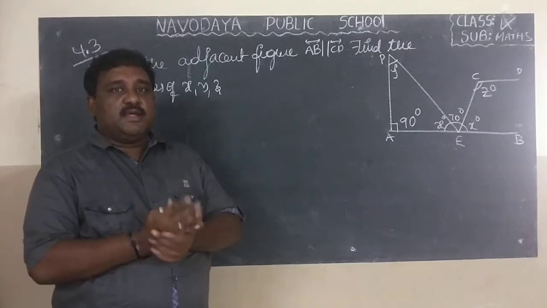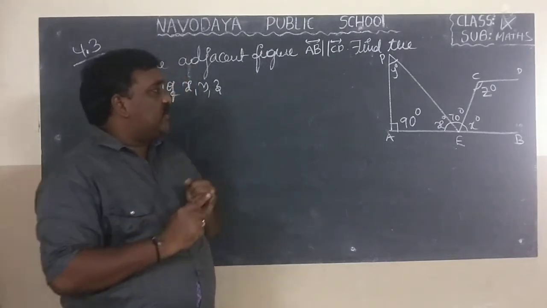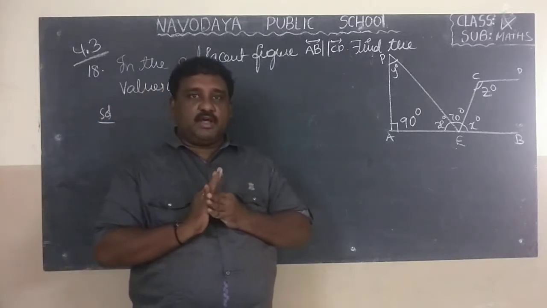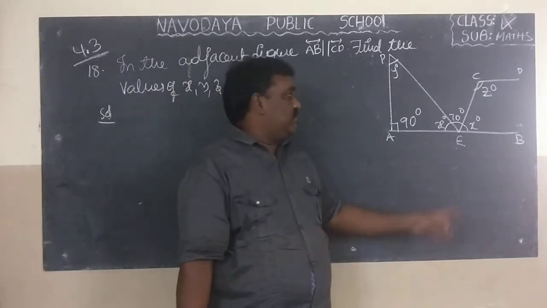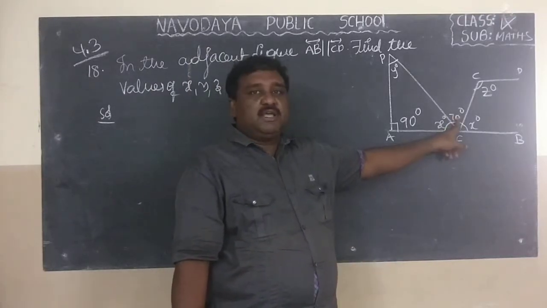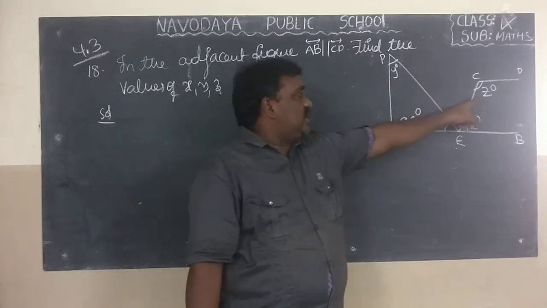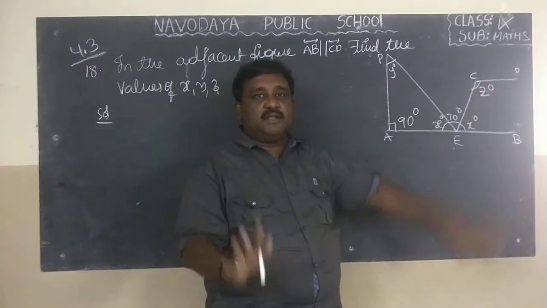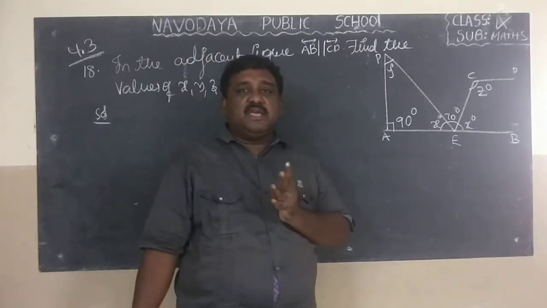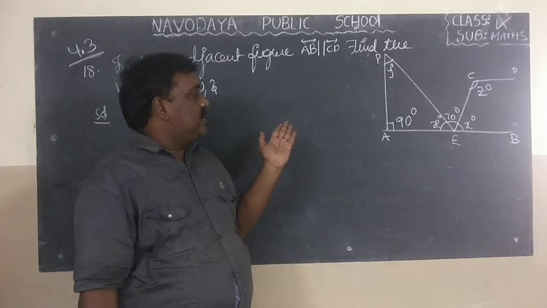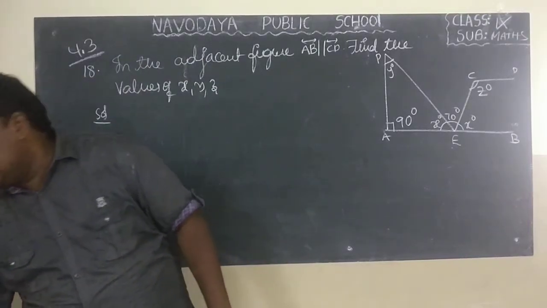What is given? AB is parallel to CD. And what to find out? x value, y value, z value. And observe the angles in the diagram. What are the angles in the diagram? x, 70, x, 90 degrees, y, z. So they are the angles in the diagram. Okay? And what are the letters in the diagram? A, B, C, D, and some P. P is there at the top of the diagram.